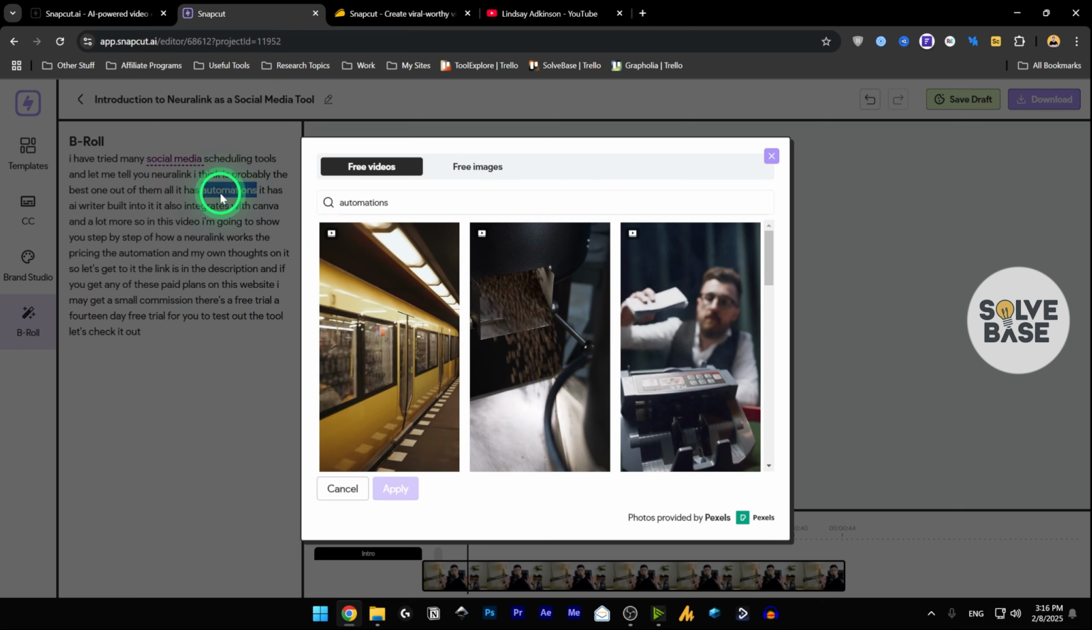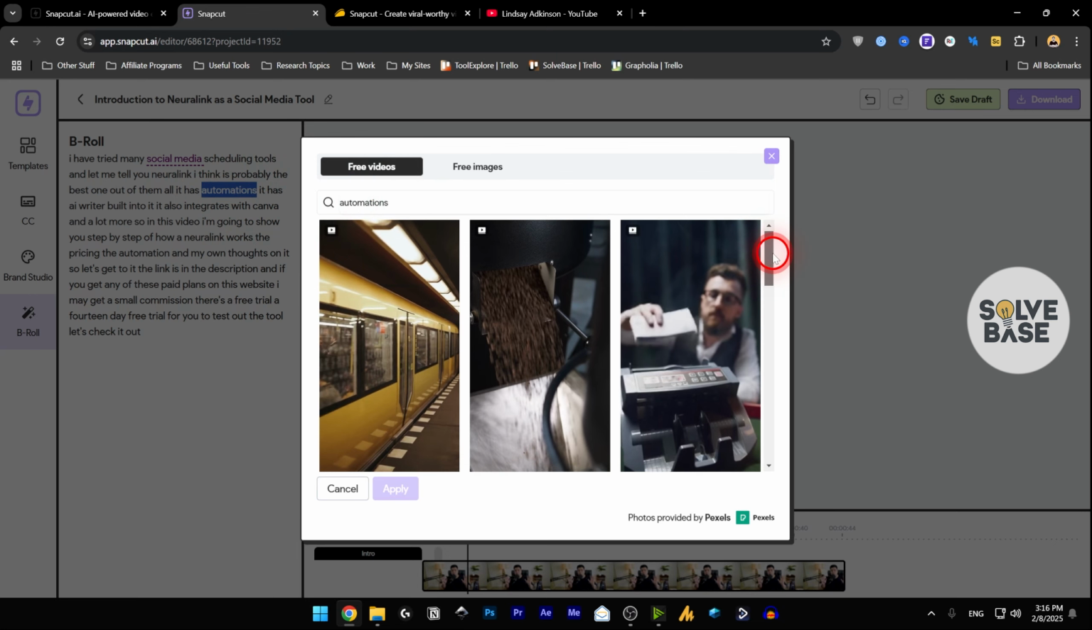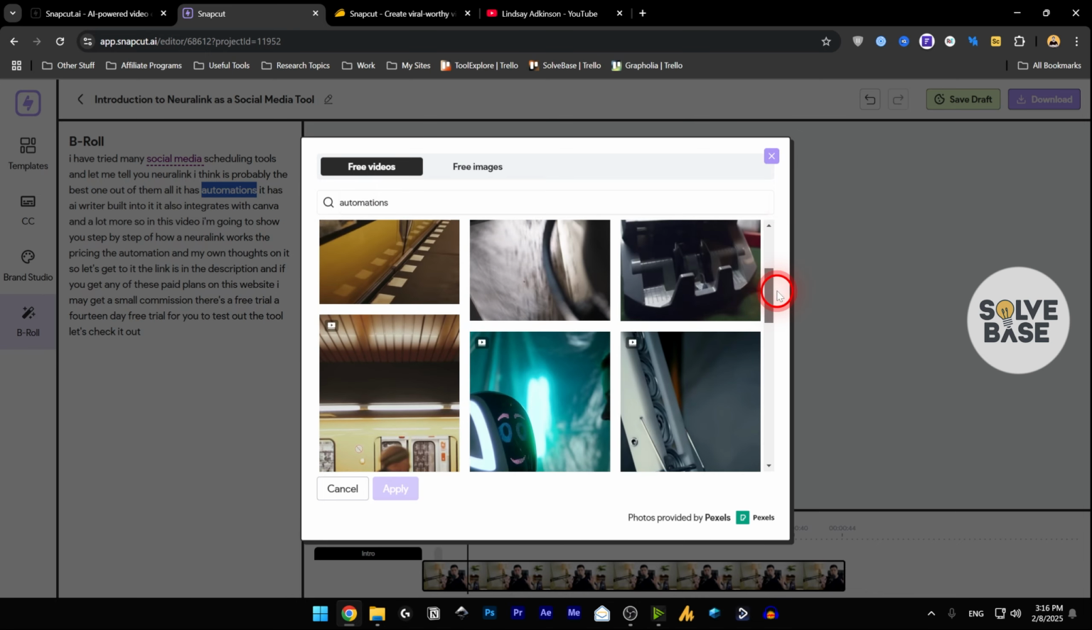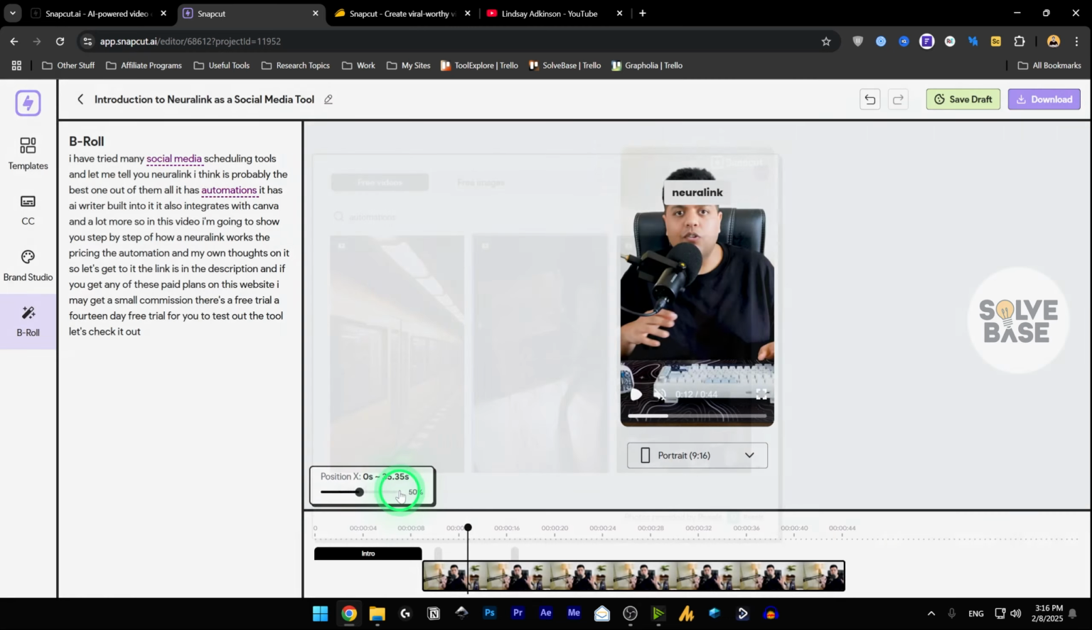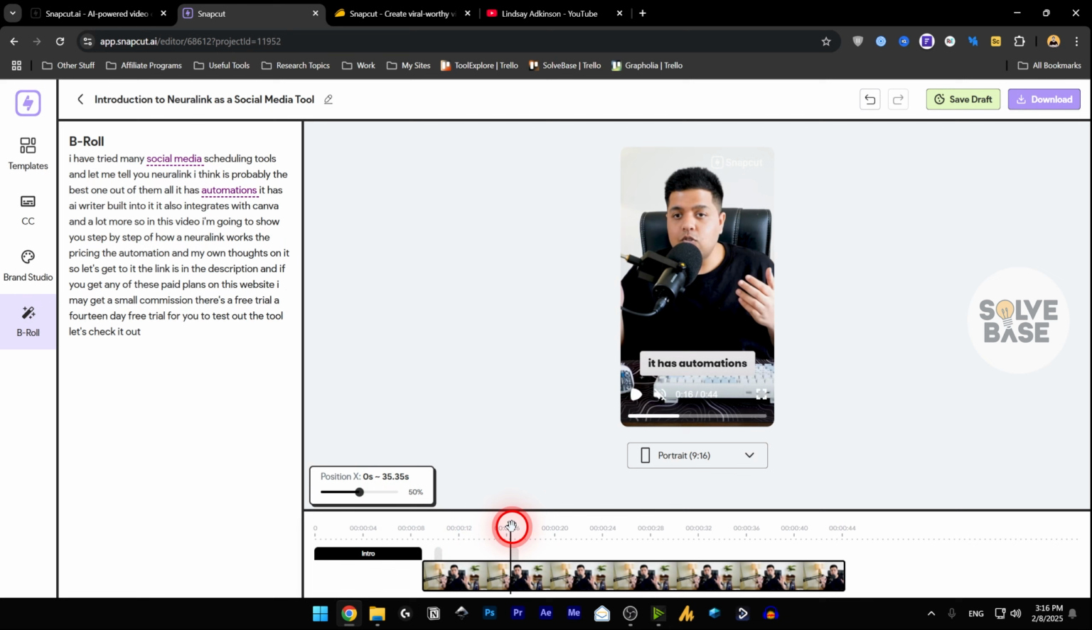And the best part about this is that when you highlight something, this is automations, in the pop-up, it's going to also select that automations in the search. It's going to type that automations text in the search. It's going to automatically search for you. You just have to select from one of them. For example, I select here and apply. Now, when I go over to that section where it says automations, it's going to have that stock footage play